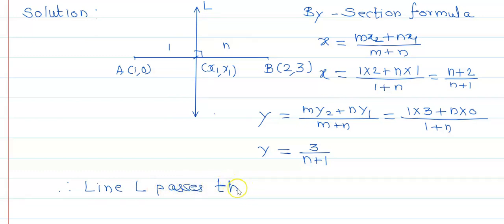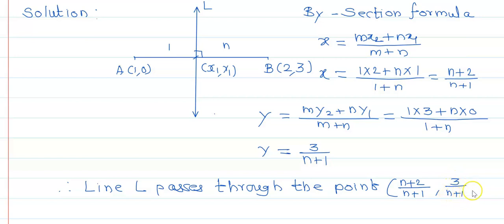Line L passes through the point. What is that point? (n+2)/(n+1), 3/(n+1). Now this line is perpendicular to the line segment joining the points A(1, 0) and B